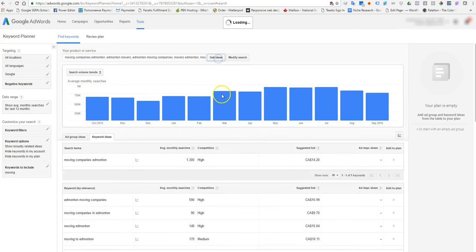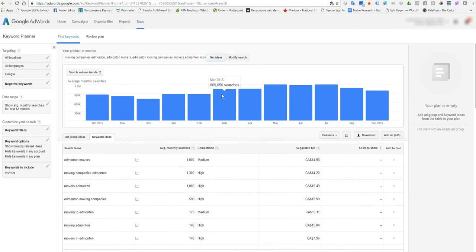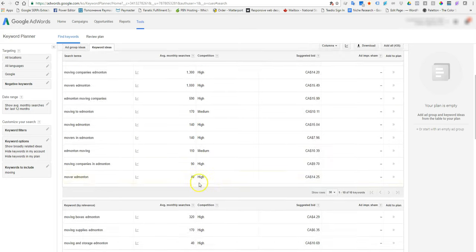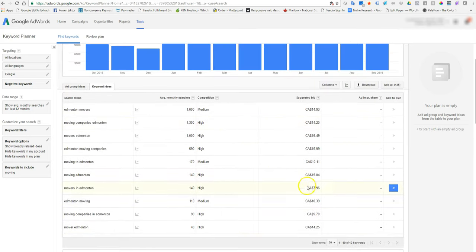And up until a few months ago, I'd just use these numbers here, and I'd copy and paste this into an Excel spreadsheet, and then do a ROI analysis for the client. But these numbers seem really high to me, that Edmonton movers would get 1,000 searches a month. Moving companies Edmonton 1,300. The combined search volume here is over 4,000,